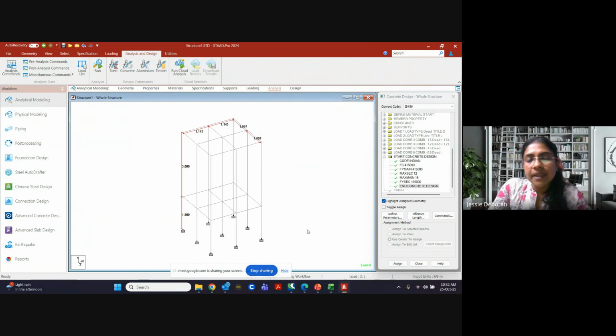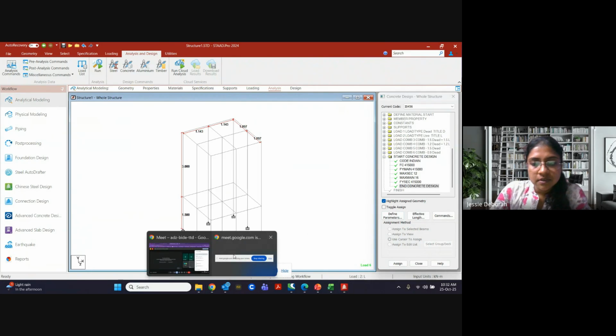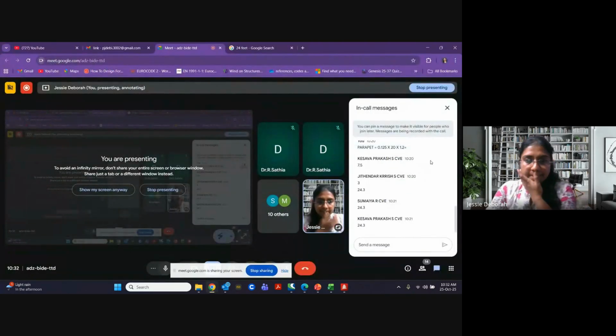Now, can someone tell me in the chat box why I am assigning all these parameters to the entire view? Why am I not assigning it to only beams and columns? Can someone tell me in the chat box why I have assigned it to the entire structure?